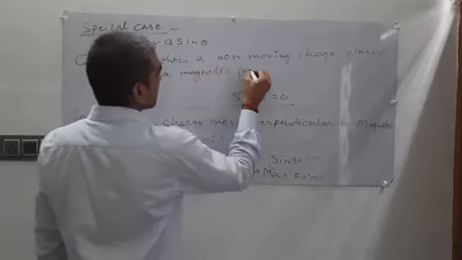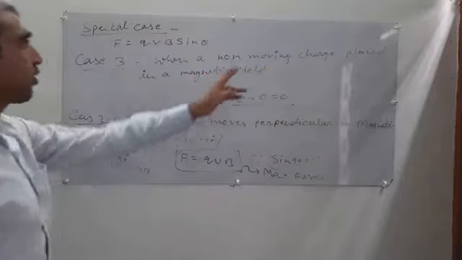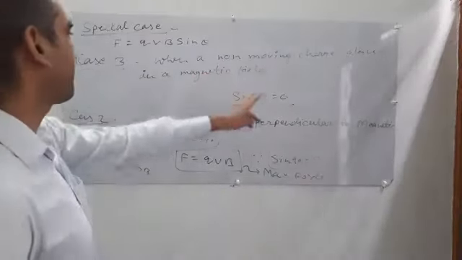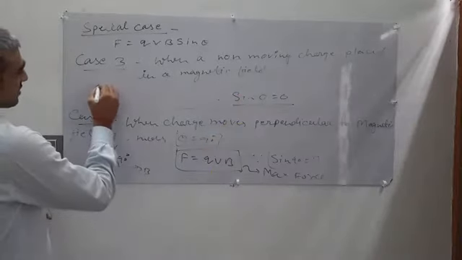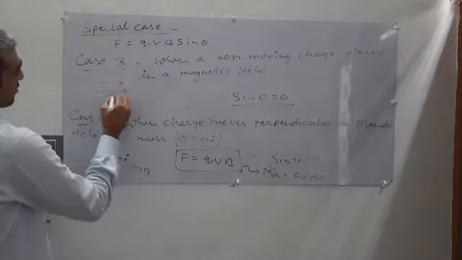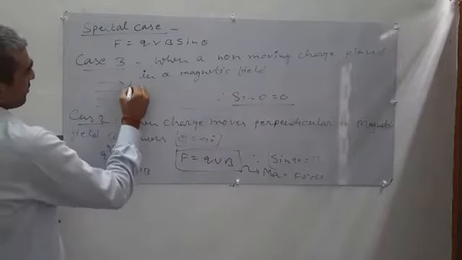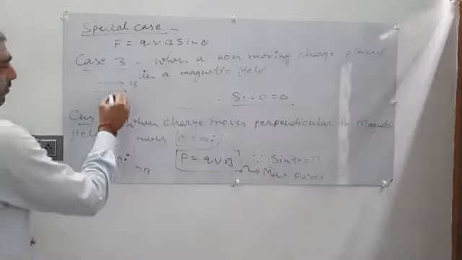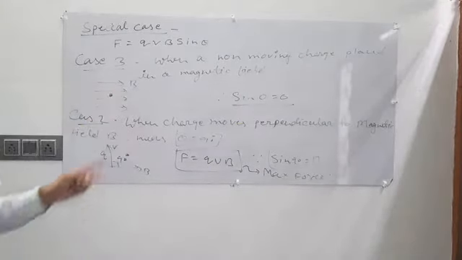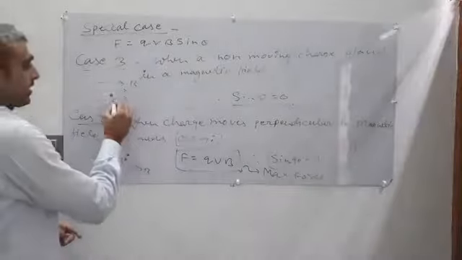When we put a non-moving charge in a magnetic field, that means if this is a magnetic field B, and we put a charge Q at this point,